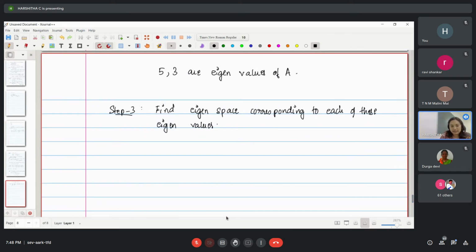So let's start with the first one, eigenvalue 5. So how do you find the eigenspace? What is the eigenspace? It's all those vectors which satisfy